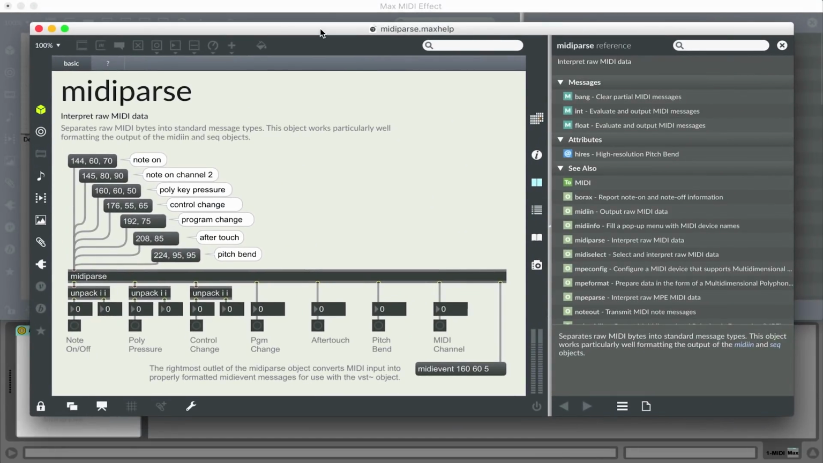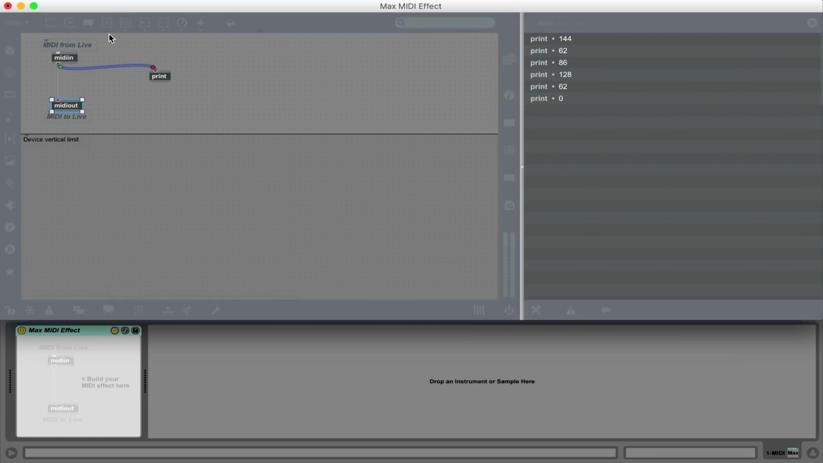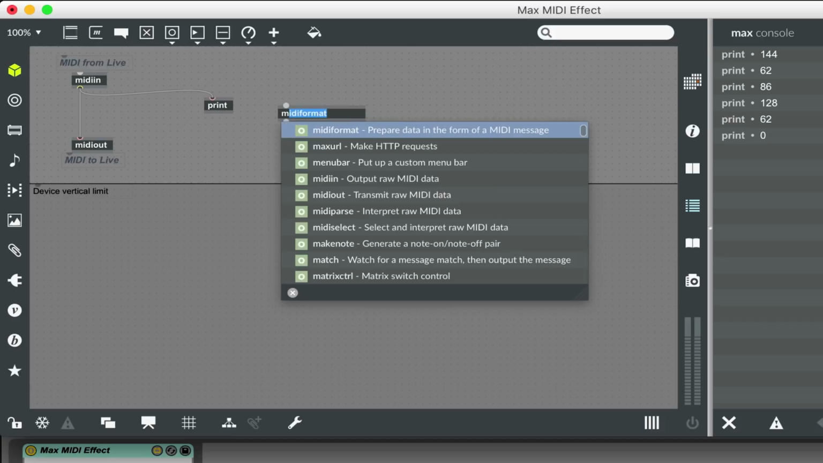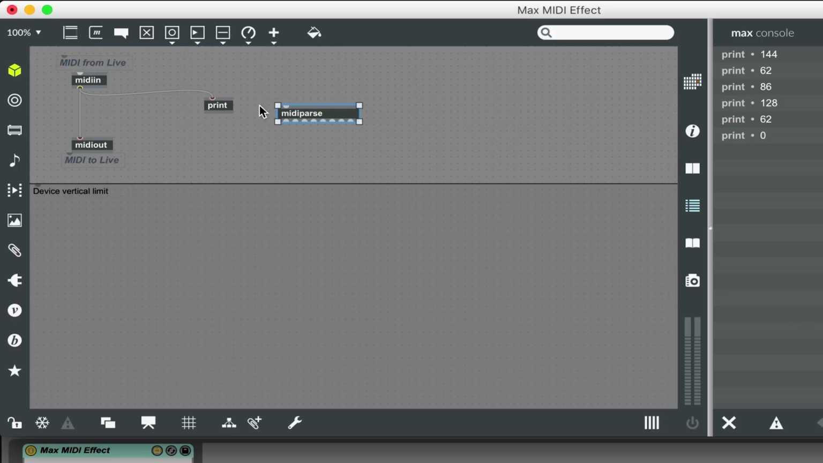If I look at this one, we see, oh, this is interesting. If it gets a note on message, then we'll see MIDI Parse here, and we have note on, note off. It looks like this is really what I want. So I'm just going to try to play with it a bit and see how it works. I'll close up these patches. I'll hit the N key to create a new object, and I'll type in MIDI Parse, which has a ton